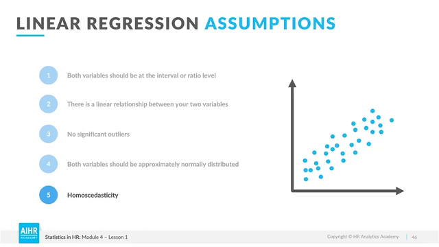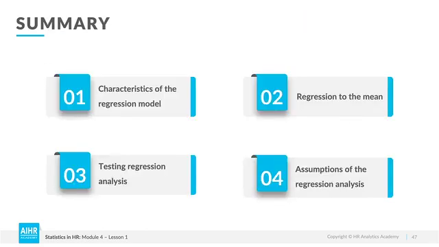Once your data adheres to these assumptions, you can perform your regression analysis. And that's it for this lesson. In this lesson, you learned more about the characteristics of a regression model. Next, you learned about regression to the mean. Third, you learned how you can test your regression model, and finally, you learned about the assumptions that your model